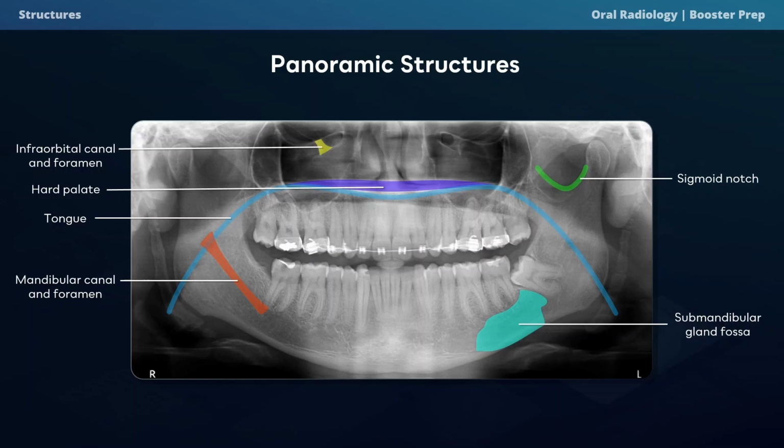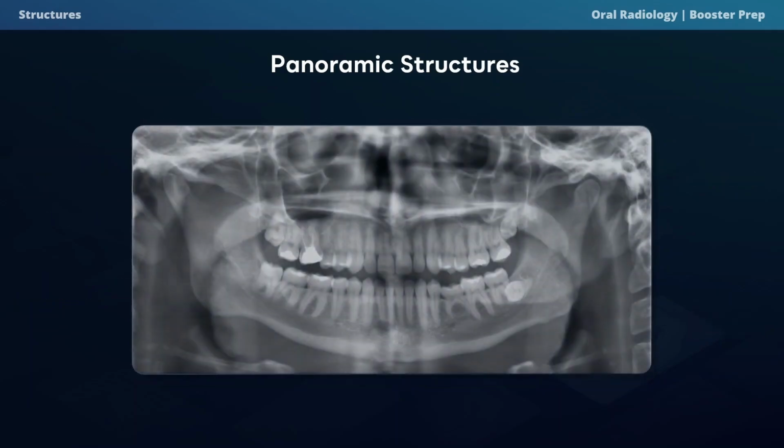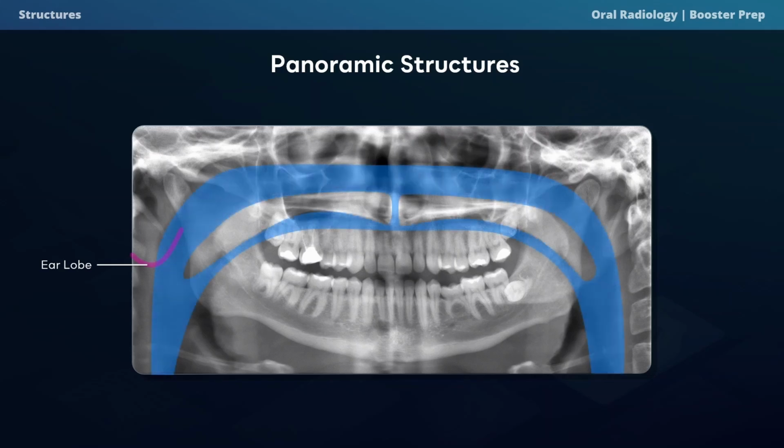A few more structures to be aware of in a panoramic X-ray are the earlobes, which is a soft tissue shadow near the angle of the mandible, the glossopharyngeal airspace, the airspace posterior to the tongue and the oral cavity, the mental fossa, which is a depression on the anterior surface of the mandible, and below that is the genial